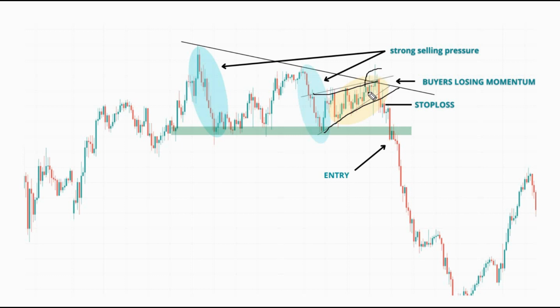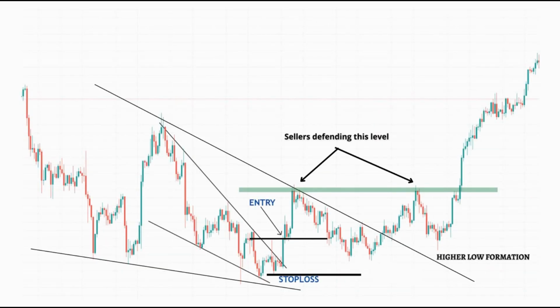and then we saw some rejection candles, hanging man, shooting star, etc. So eventually prices broke down this level. We'll enter here, stop loss here, see the huge downside momentum after that. Okay, see,